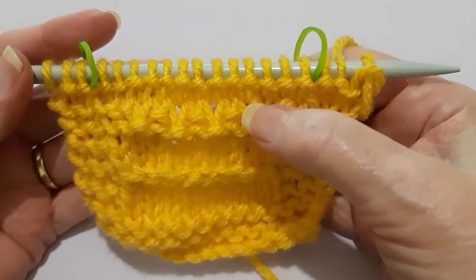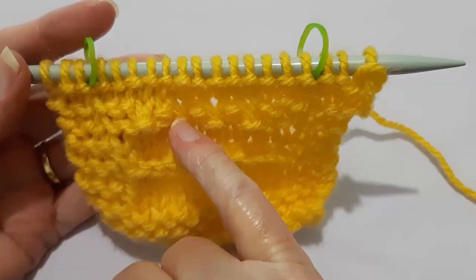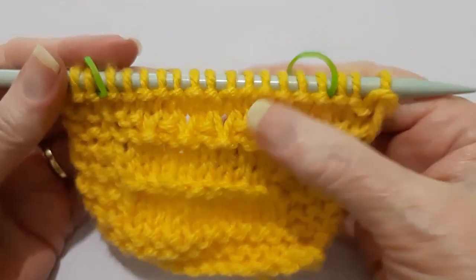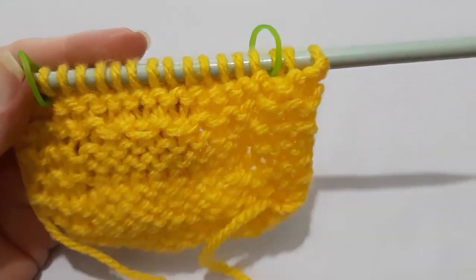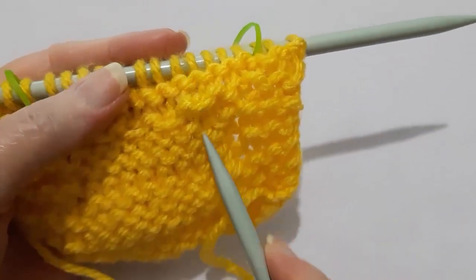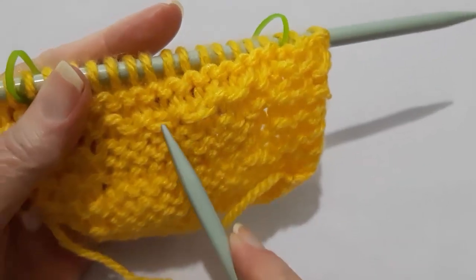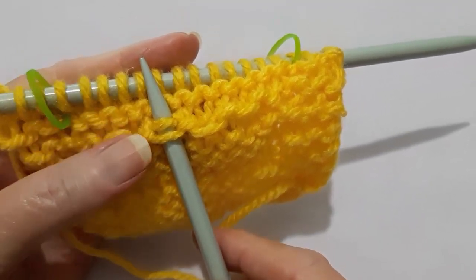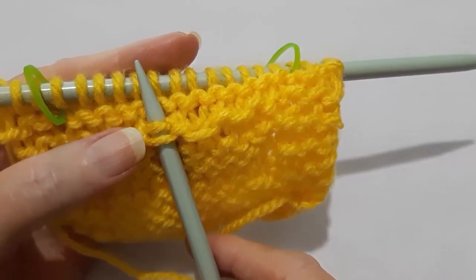We have these long loops. They were our slip stitches from rows 3 and 4. And then on the back we have these loops, and there'll be 2. For each slip stitch there'll be 2 strands. So one's more prominent than the other, but there are 2 strands on the back. And that's where we did our yarn in front when we were working row 3, or row 4,